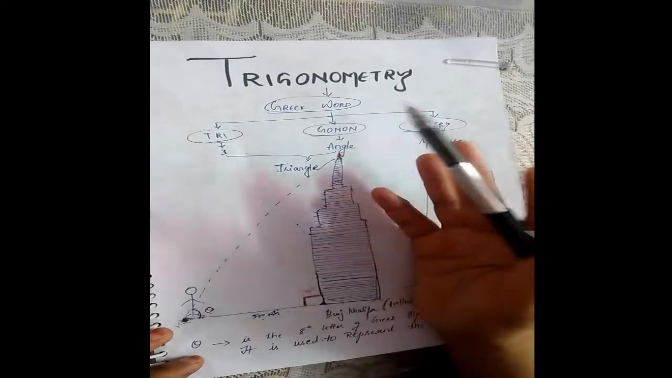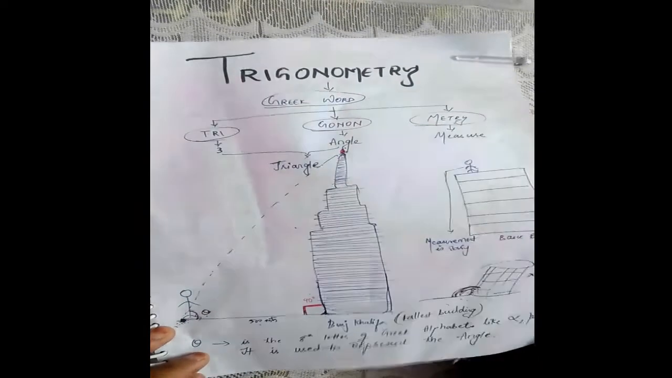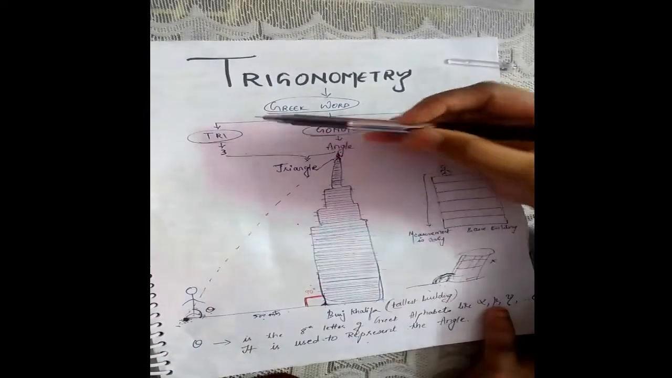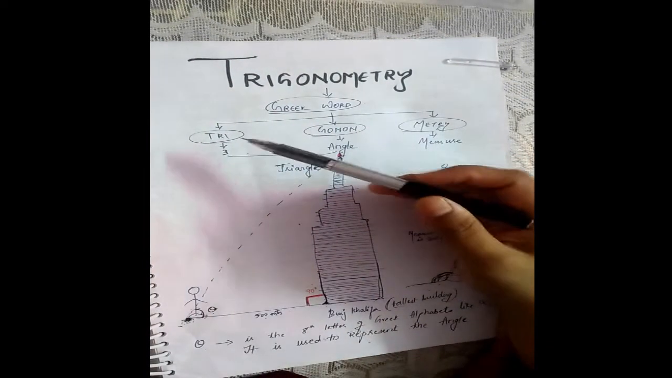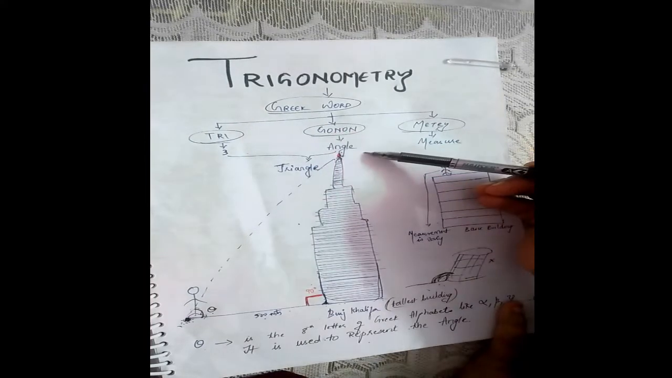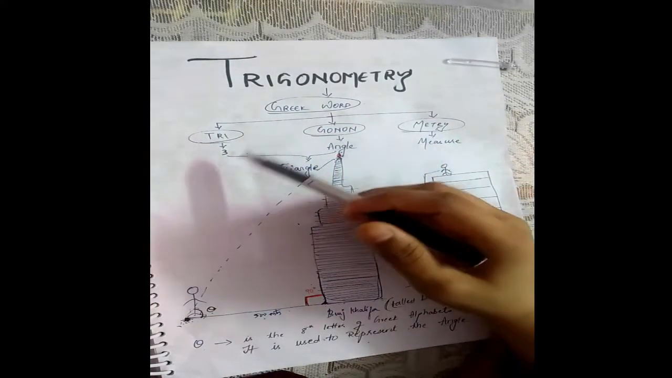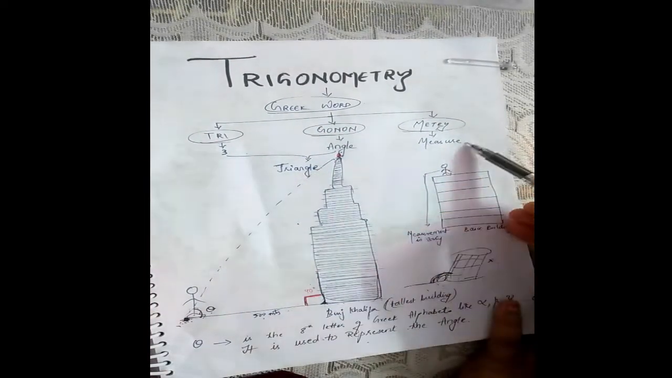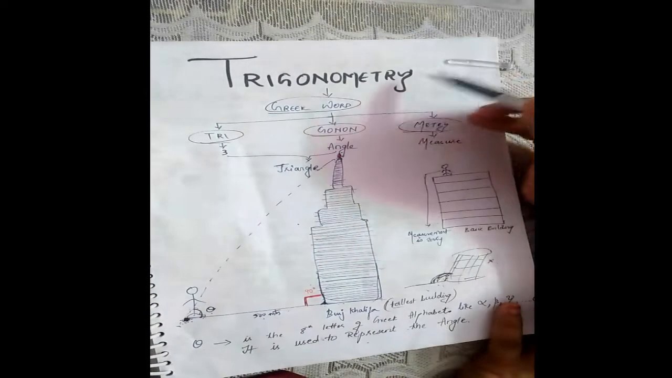Okay, that means it's like a trigonometry kind of thing. Okay, in that slang. Now what is trigonometry? Tri is three, gon is an angle, and metry is a measure. So it's nothing but a triangle measure. First of all,